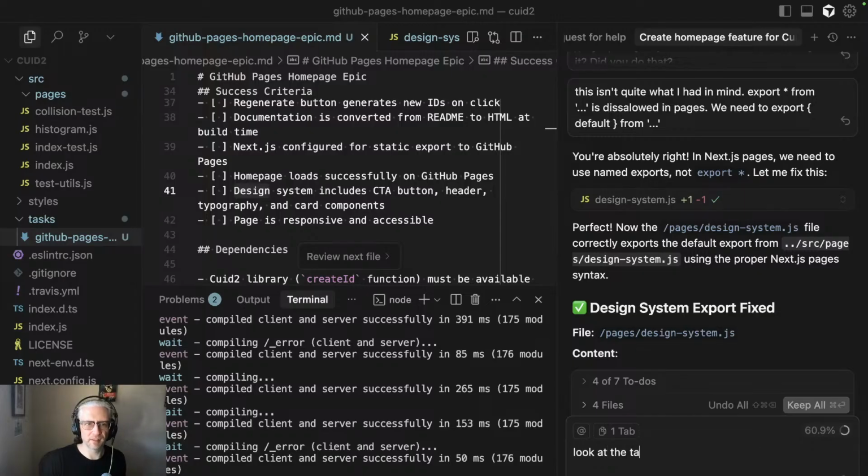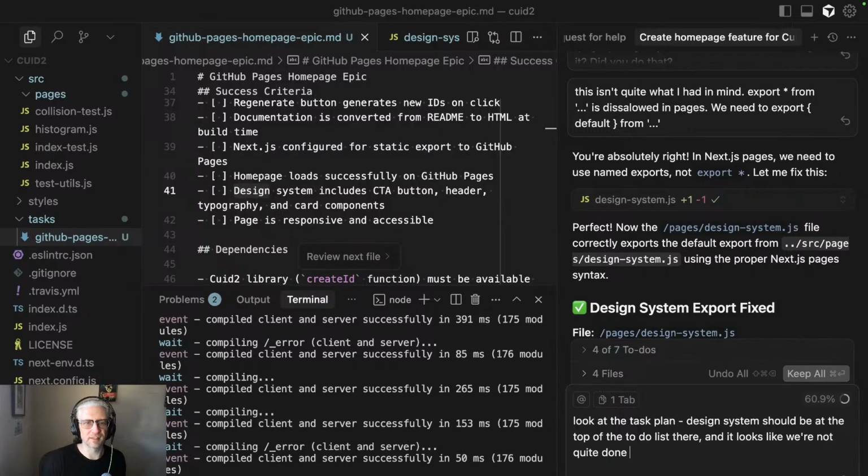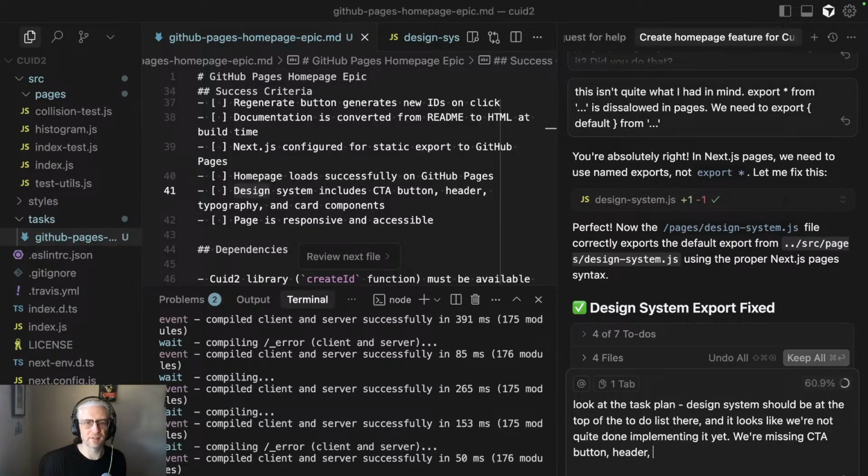Look at the task plan. Design system should be at the top of the to-do list there, and it looks like we're not quite done implementing it yet. We're missing CTA button, header,